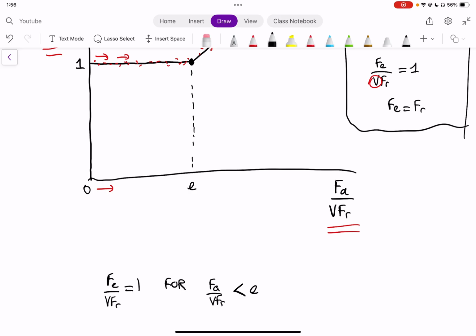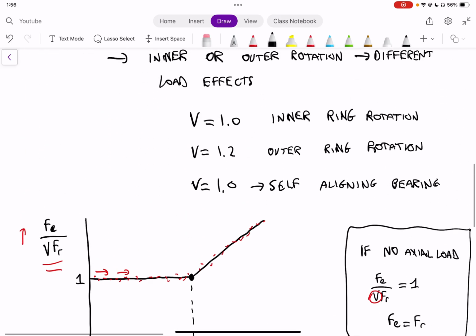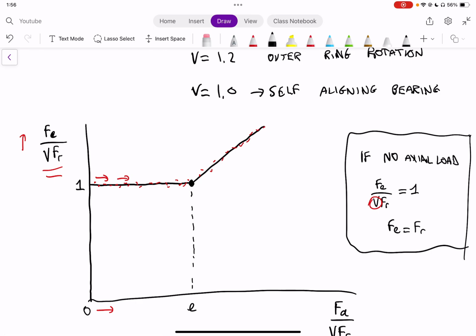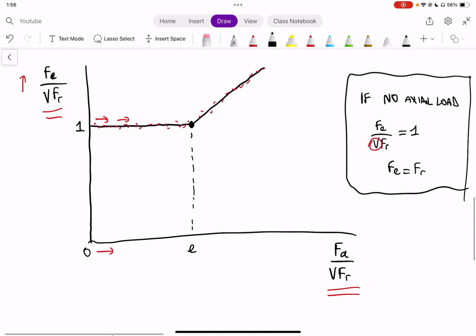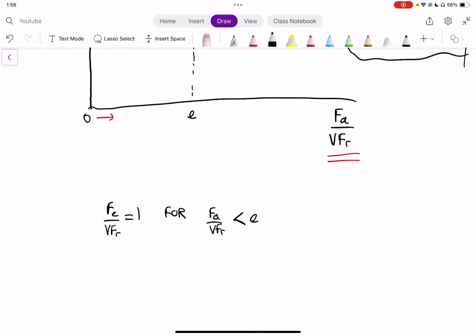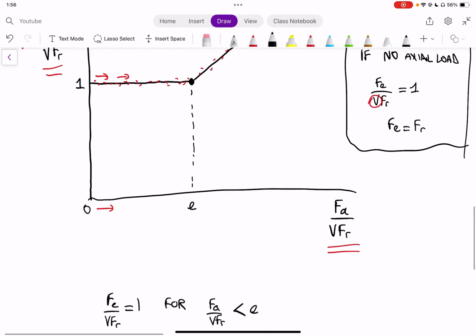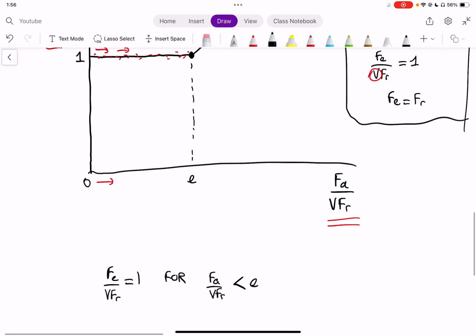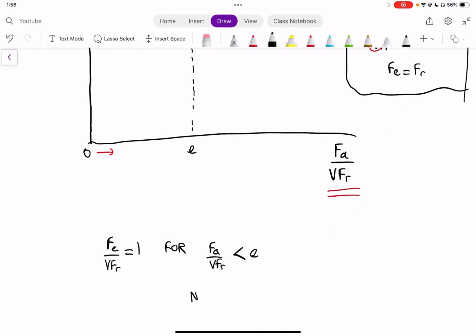So essentially what that means is if you have an inner ring rotating, let's keep it simple, an inner ring rotating system, then FE is basically equal to FR up until a value of E. Okay, and we'll talk about what that value of E is. It depends on what bearing you have. Okay, so essentially there are no effects